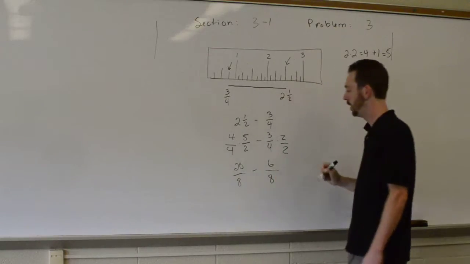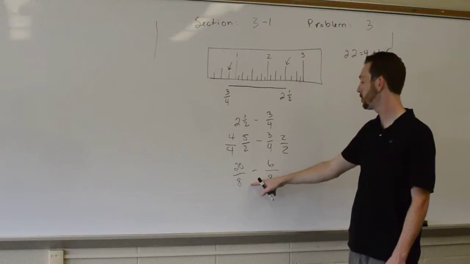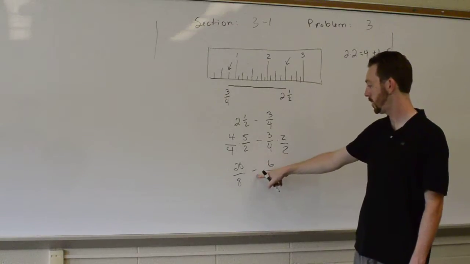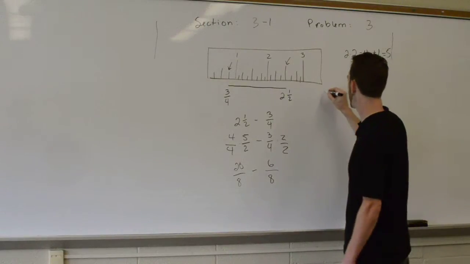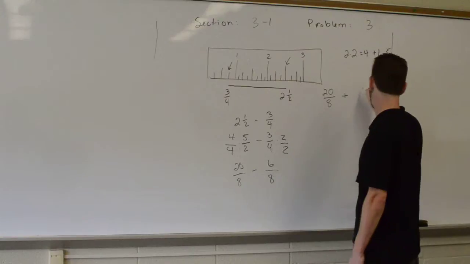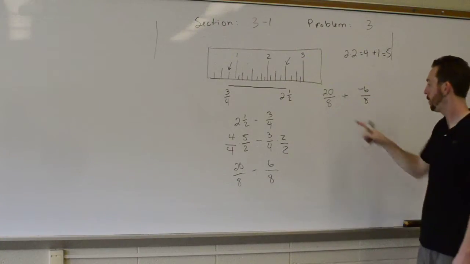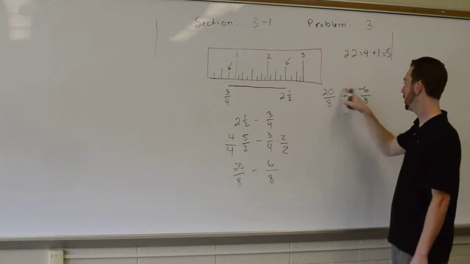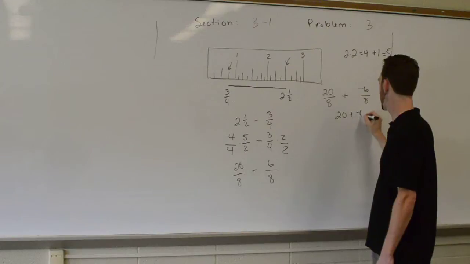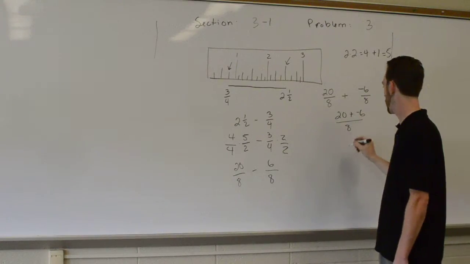Now we have two fractions here, but we're subtracting. We need to change this into an addition problem. So we do that by moving this negative sign to the 6 and changing to addition. So we can rewrite this as 20/8 plus -6/8. Now we have the same denominator and we're adding. We can just add the numerators together. So we have 20 plus -6. We add these two numbers together and we end up with